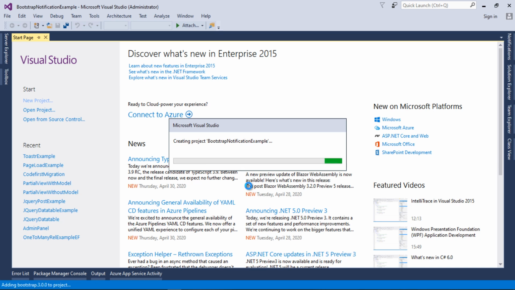Let's wait for our project to build and complete. As you can see here in the status bar, it is restoring and adding some packages which are mandatory for an ASP.NET Web Application. I hope you are familiar with this type of thing.